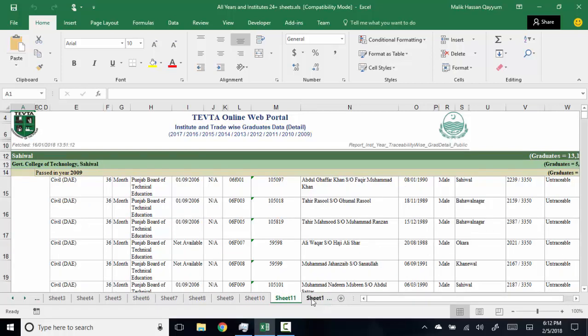So what I am going to do is run a Visual Basic code in a macro to remove these pictures